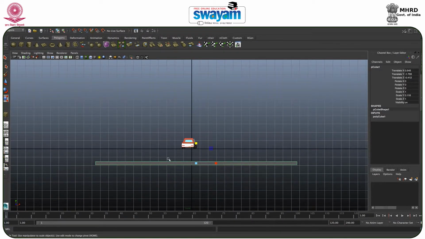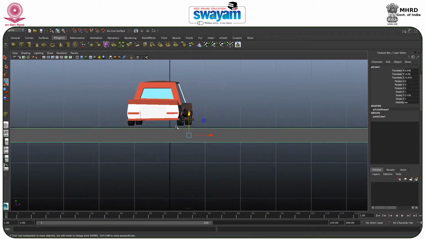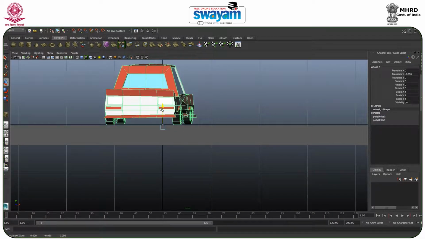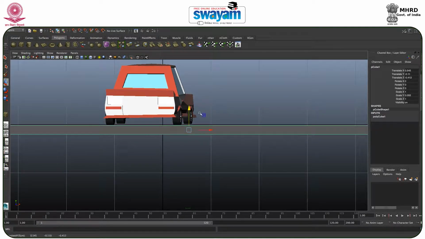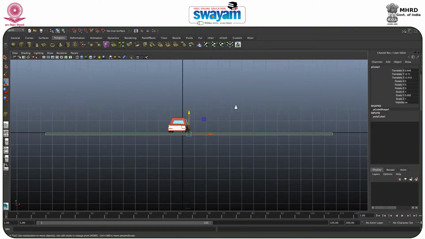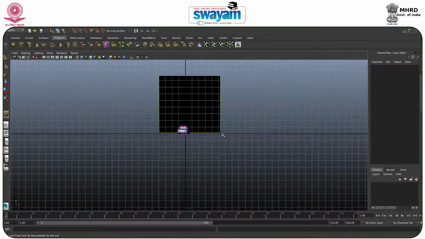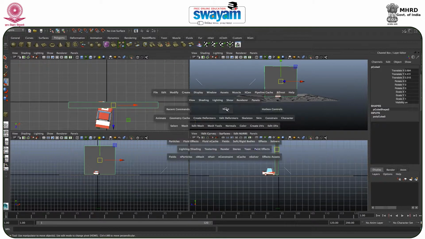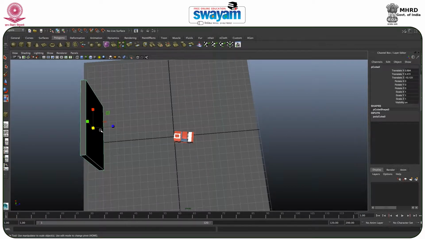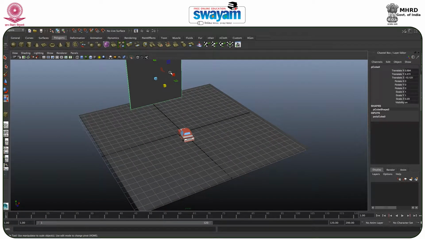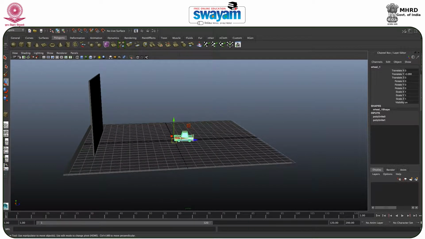Make sure that you manage it in any other view. So I will manage here. So we'll put the car over here. We have just made the car in a tilted manner, so no problem. Now we will make a particular wall here, give the thickness somehow here. So this is the wall, and we'll reduce its size, increase its length. So this is the car,